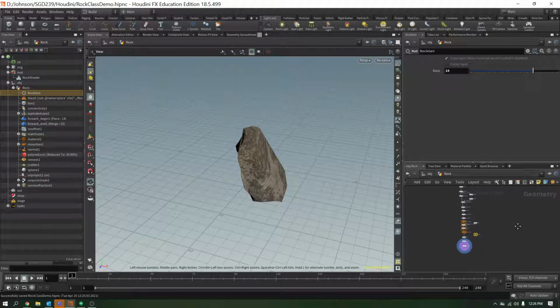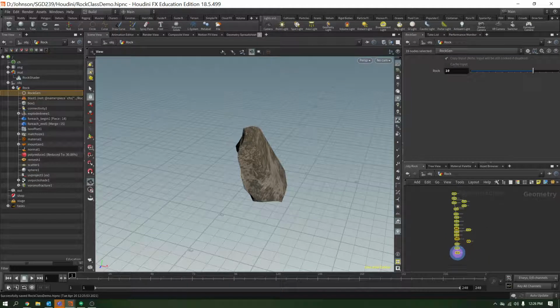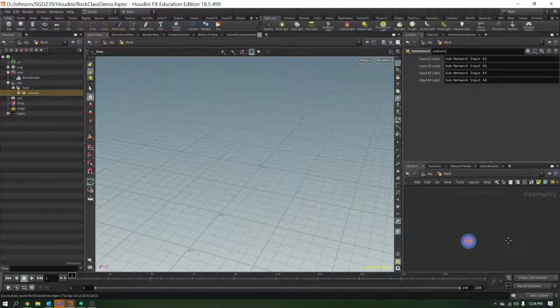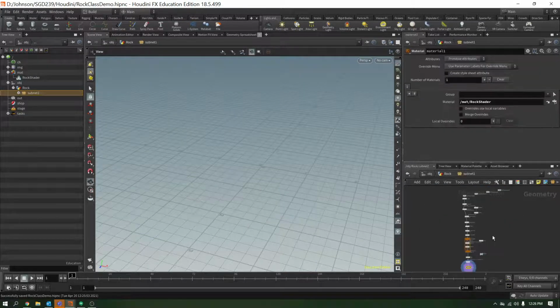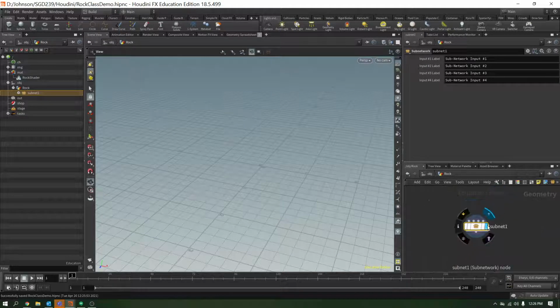And I do need to select all of my nodes. So I'm going to draw a box to select them. And then I'm going to click, you see like this boxed. This means create subnet from selected. So I'm going to click that and it packages it all into there. And we can always go back in by double clicking it. So we're just grouping it all together. So the one control that we do need in here,